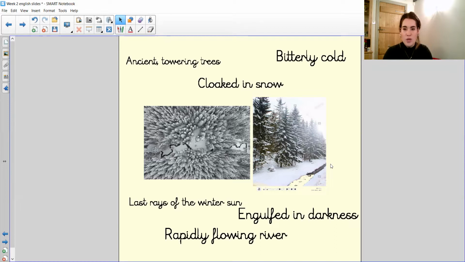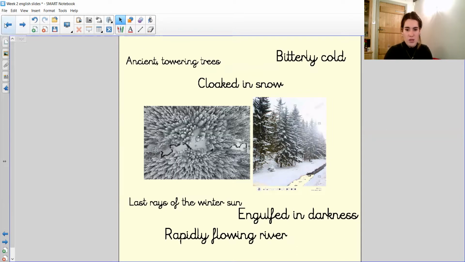Okay, this is going to help you because we collected this so that we've got some ideas and some language that we can put in our writing today. So I'm going to have both of those in front of me as I write my setting description, and that's going to help me. It doesn't mean that I have to use everything that I've already collected. It doesn't mean that I can't use different things as well. This is going to be a good start point for me. I'm not just starting from scratch. We've done a lot of work already this week to build up to this point. So make sure you make the most of that and use that.